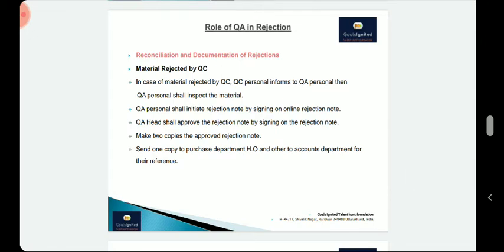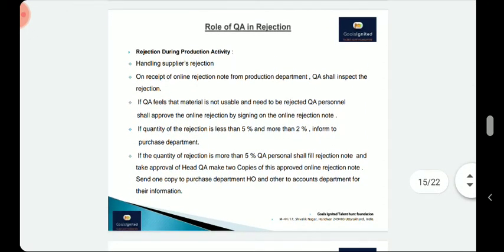For rejection during the packing activity, as I discussed earlier, all these are required to be checked by the head of production and verified by IPQA, then sent to quality control, so that quality control is also aware and the next supply received from the vendor can be checked for the defects or rejections observed in the previous consignment that was rejected during online packing. Head QA and quality shall approve all the rejections by signing the online rejection note. This is the general procedure to be followed in every pharma plant. There should be a numbering system for each rejection, so you can have a different, unique numbering system for handling packing material rejections or anything else.